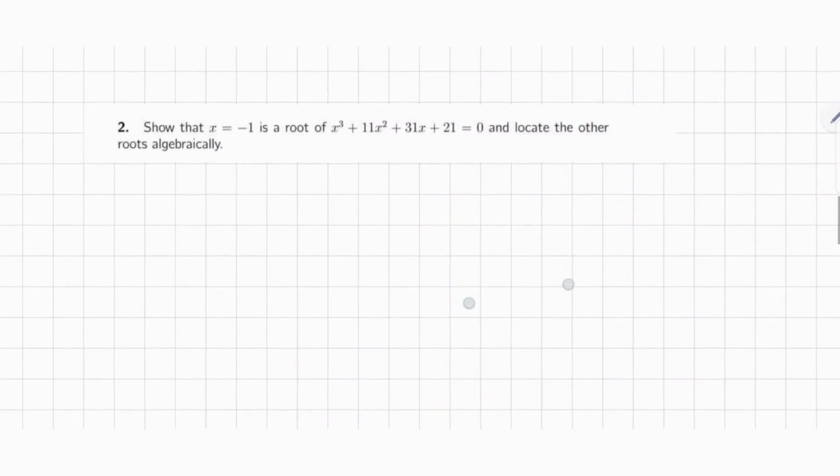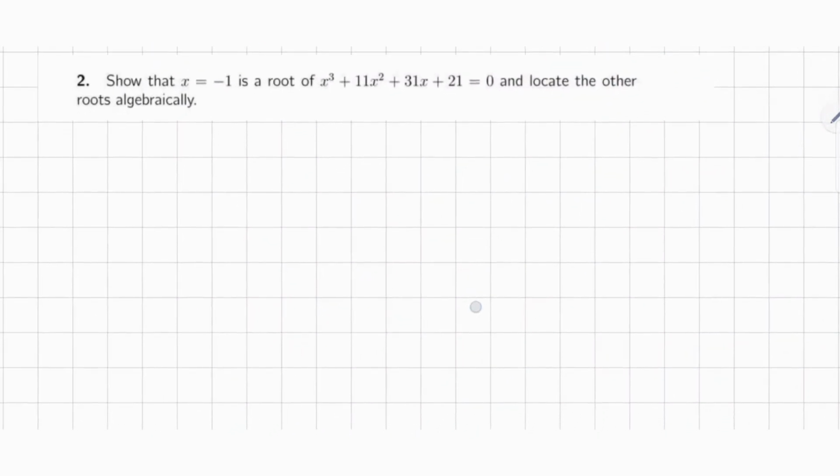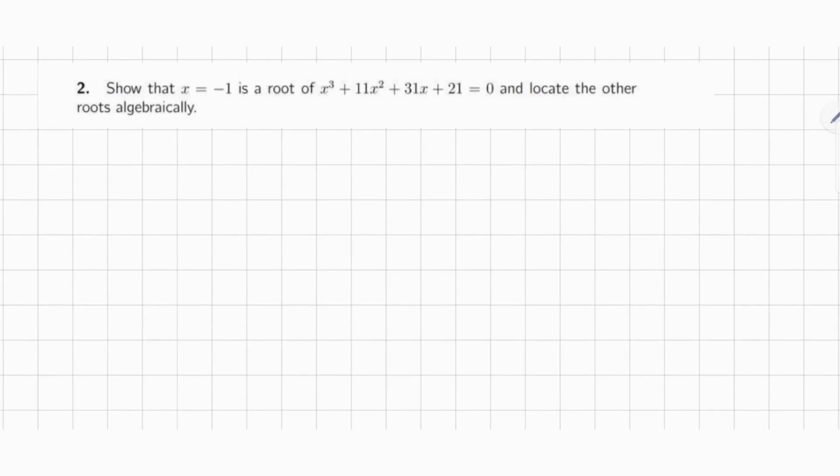For our second question, we have to show that x equals minus 1 is a root of this polynomial. So to do that, we can substitute minus 1 in this polynomial, and if it is equal to 0, then it is a root of that particular polynomial. So we have minus 1 cubed